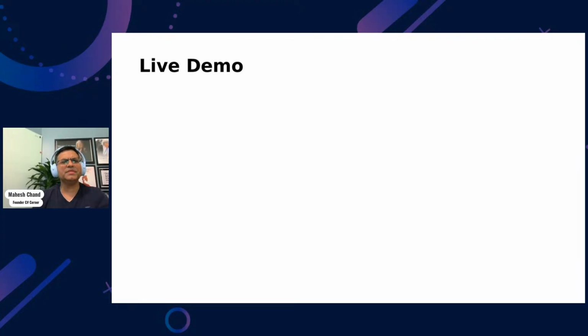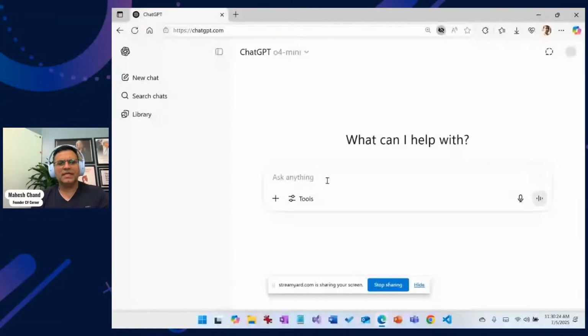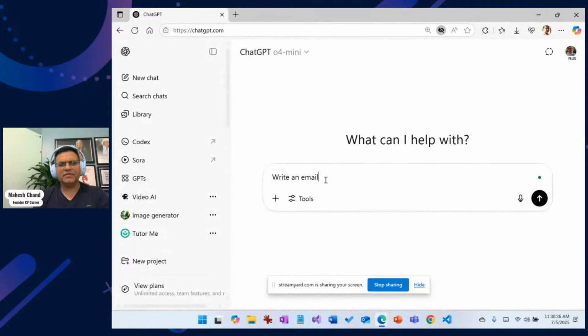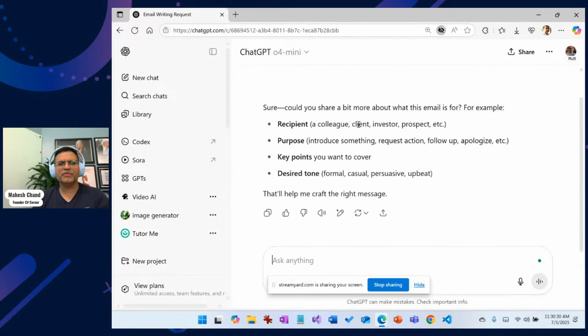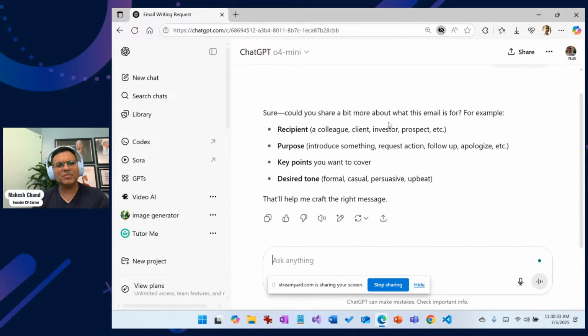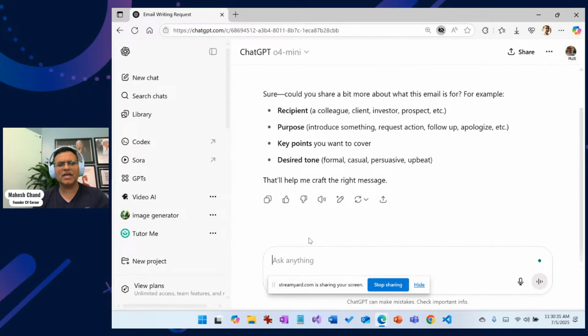Go to ChatGPT. And I'll say write an email, right? We'll just take an example. It will just write whatever email, right? Okay, now it will first ask all these things. Good, it's getting smarter these days. It's already asking. So now I can say,